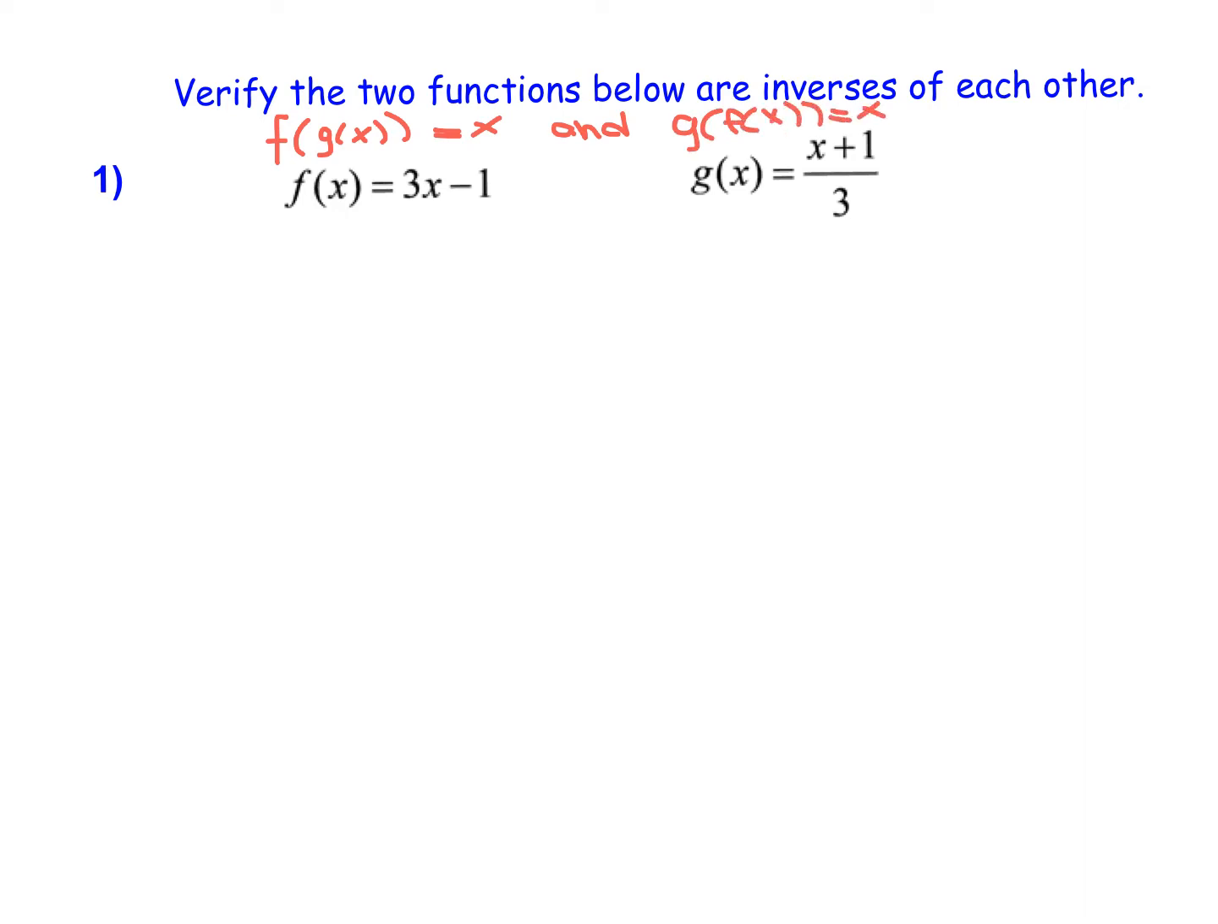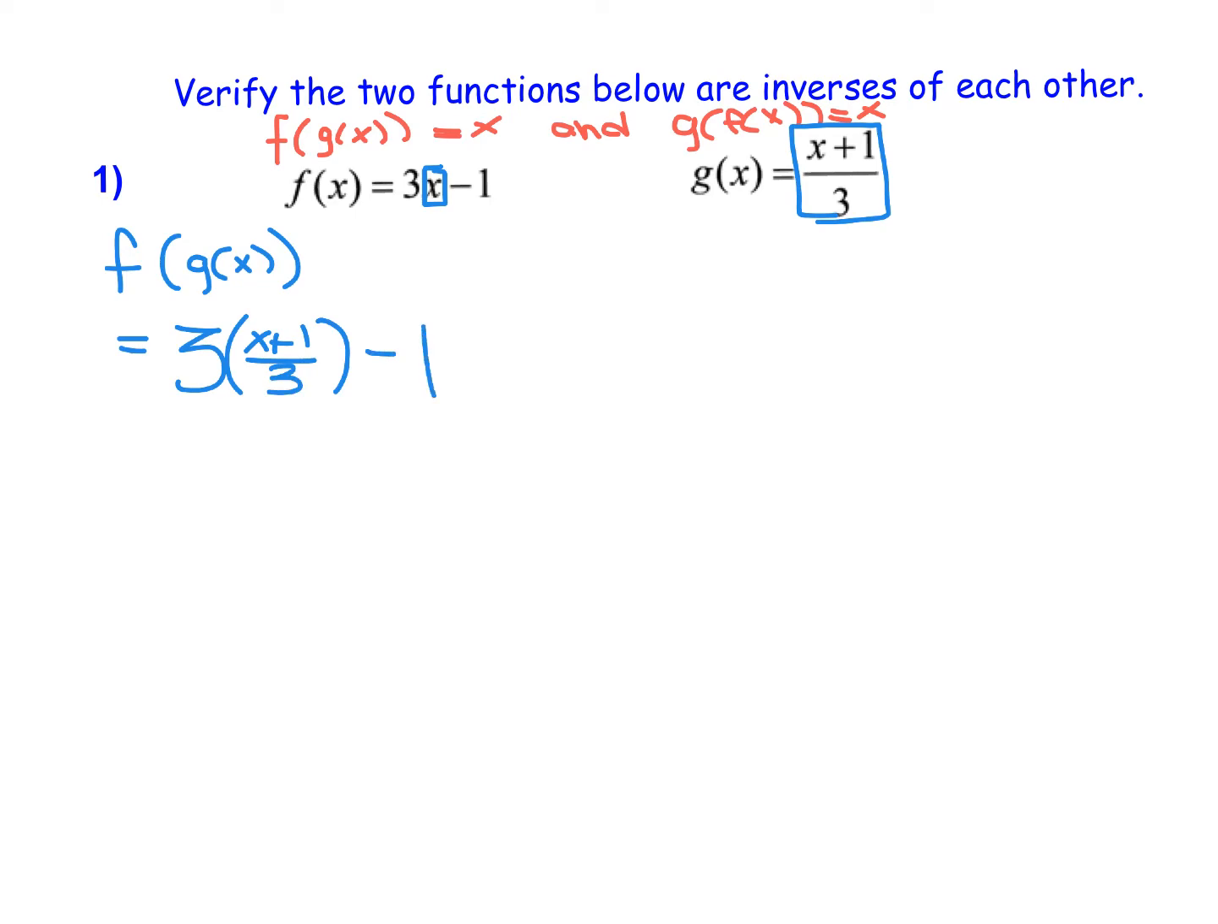So we have to verify that both of those situations are happening. So let's start with f of g of x. And remember, what this means is that everywhere there's an x in f of x, we're going to replace it with what g of x is equal to over here, which in this case is x plus 1 divided by 3. So if we do that, we start off with a 3, and then we have what x is, which is g of x, so x plus 1 divided by 3,